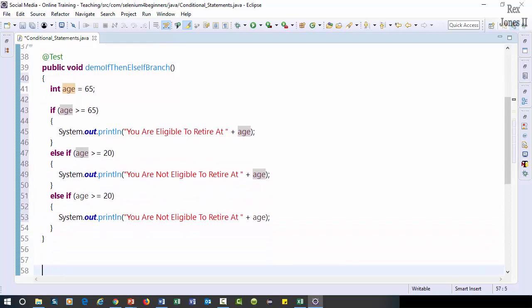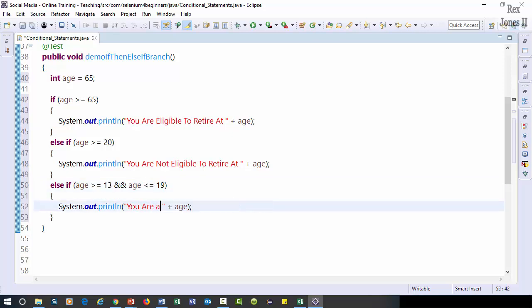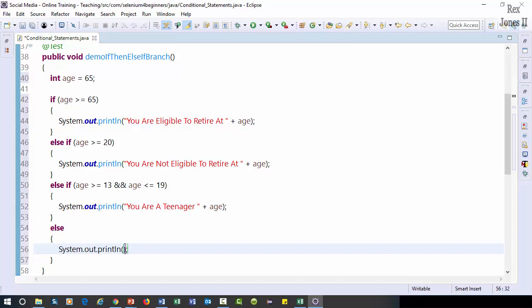Copy, paste. Else if age is greater than or equal to 13 and age is less than or equal to 19, print you are a teenager. Else, print you are not old enough to work at